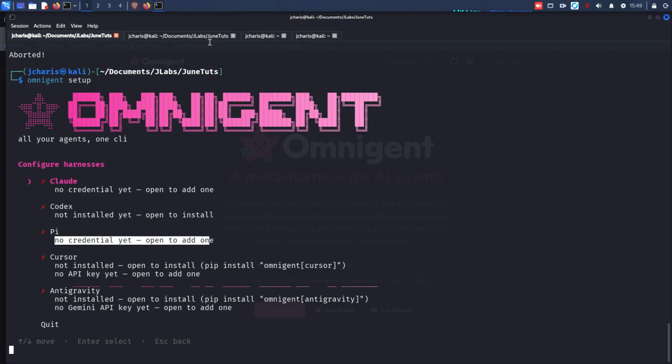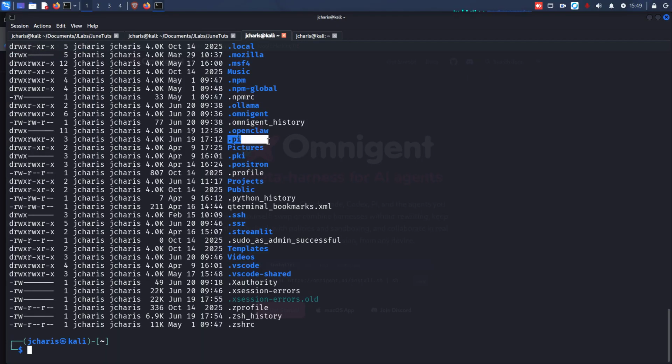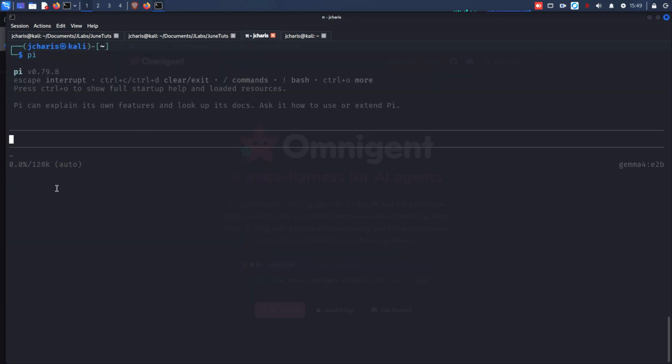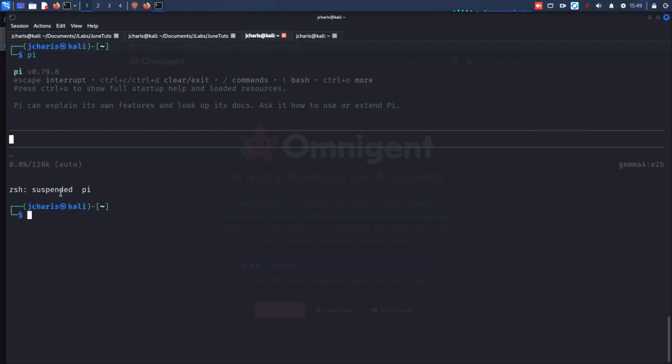I already have Pi installed on my system. If I go with Pi, I can see that this is my Pi agent already. And I can check for the models that I have. As you can see, I only have one, Gemma 4 from Ollama. In case I want to add a model, there are several ways you can do that. The simple way is that I can just go to my